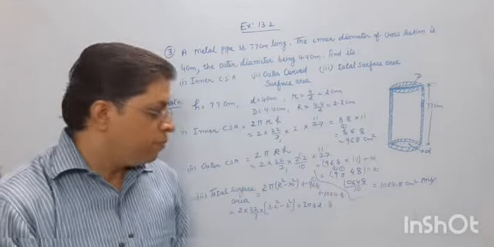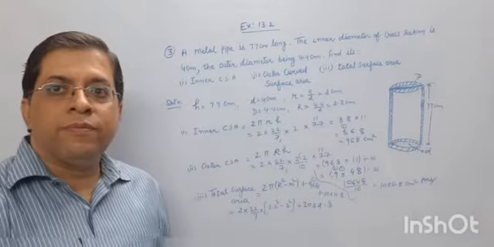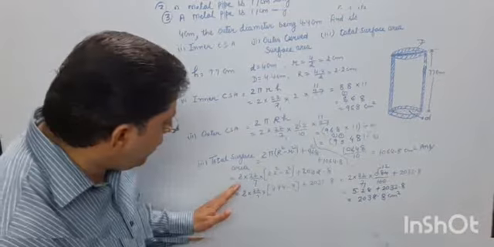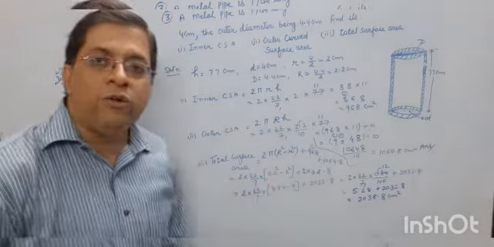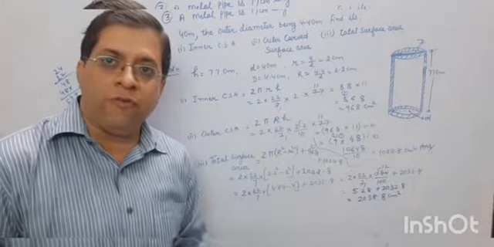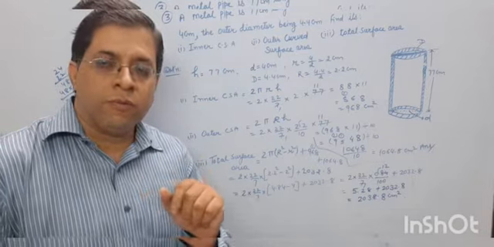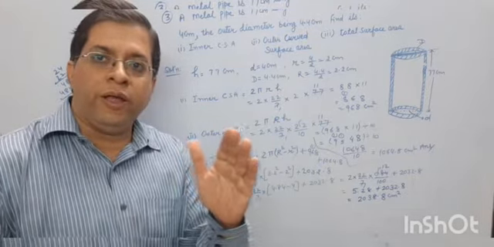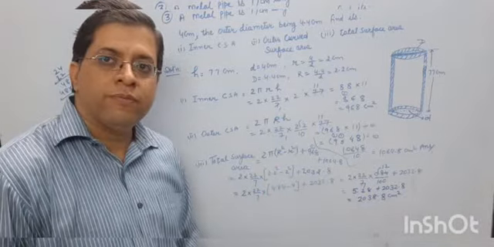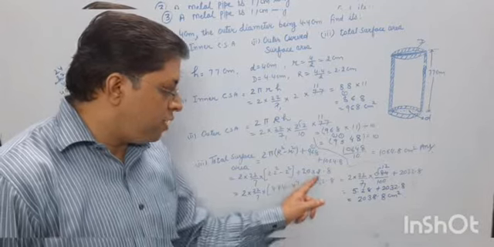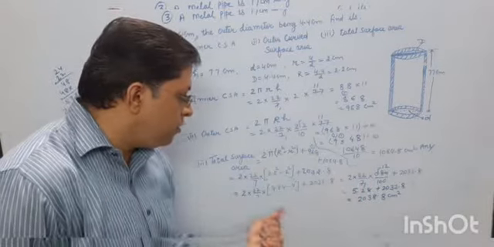2032.8 is coming. Then the next one, then after, you see 2 is as it is, 22 upon 7 is as it is. 2.2 squared will be 4.84, because 22 squared is 484. So 2.2 into 2.2 is 4.84, and minus, and 2 squared is 4. Plus here same as it is, then 2 into 22 upon 7, both as it is.